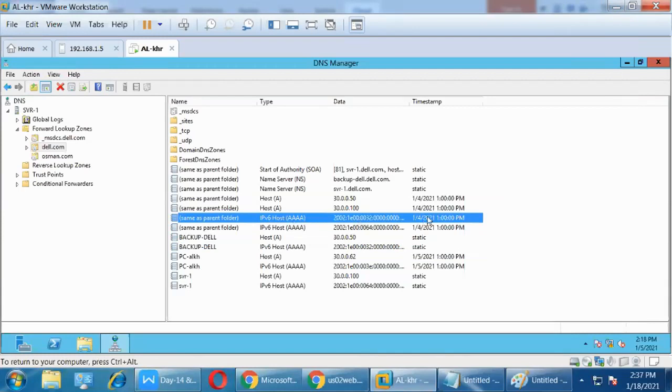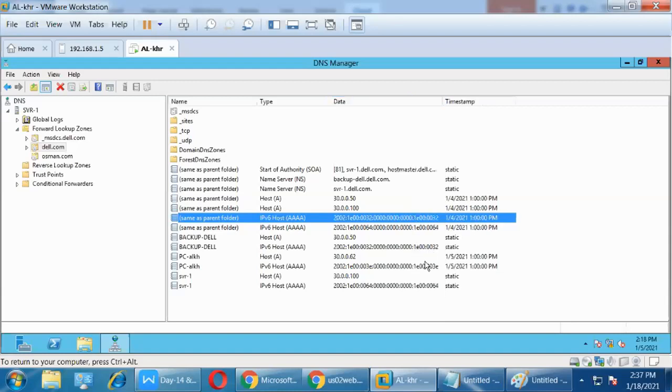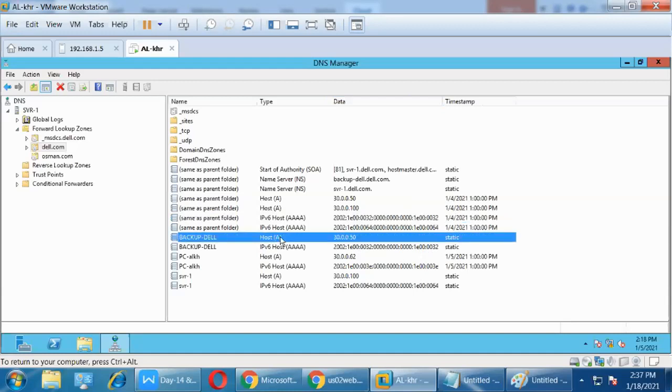With IP version 6, we are getting these multiple 4As. So if you assign IP version 6 addresses, that time it will take 4A. If you assign IP version 4, that time it will take the single A. That is a numbering system.